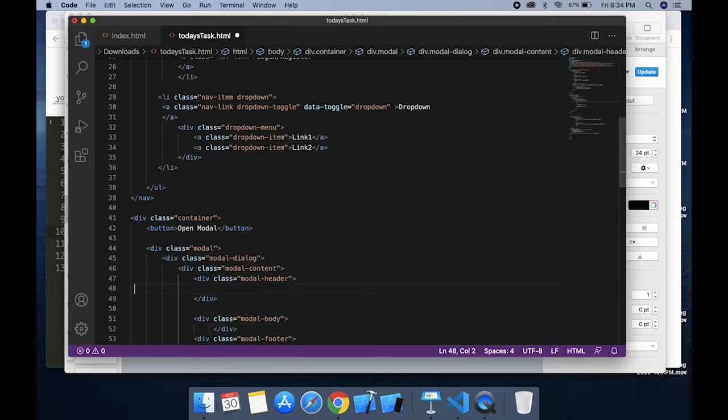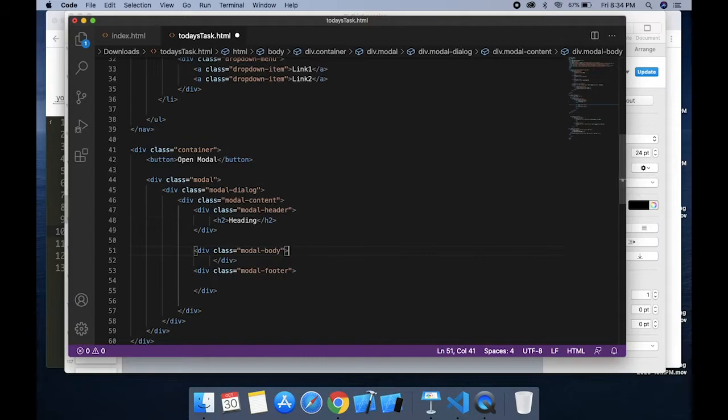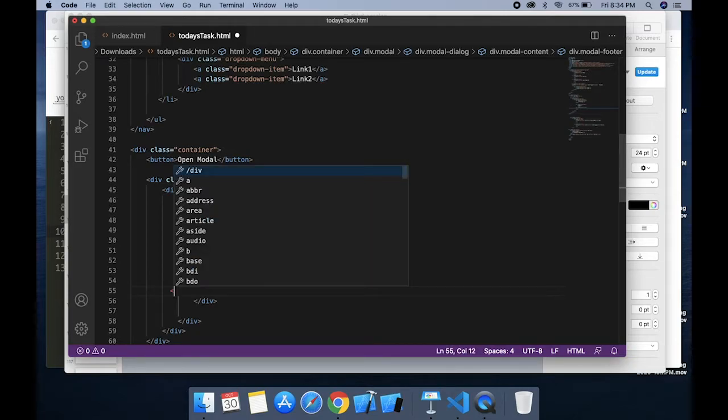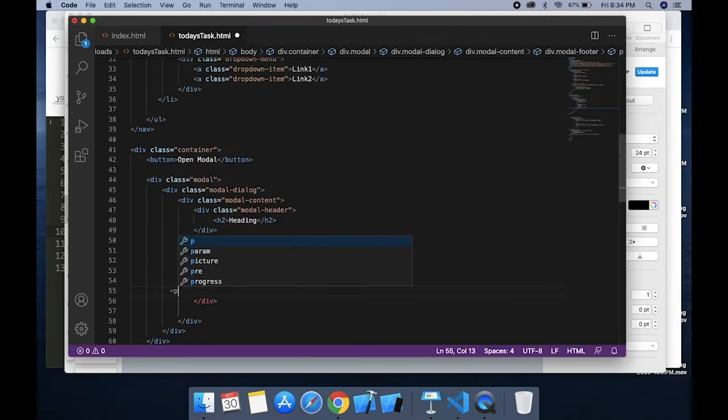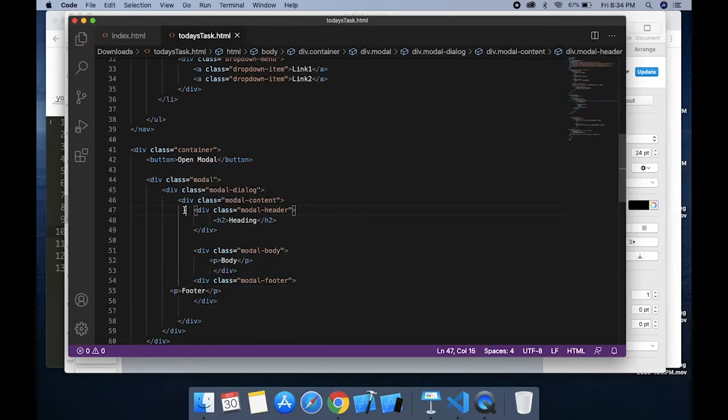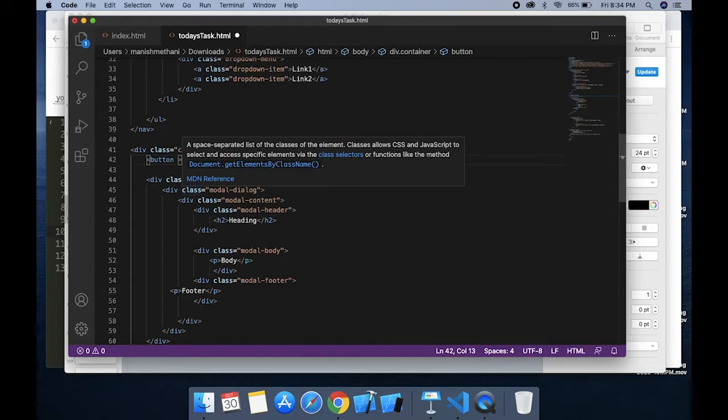Now inside the header we can add the headings, like we want some heading, for the body we can add the body here, and for the footer we can add the footer. Simple. Okay, so these are the three blocks inside the modal content, and modal content has to be inside modal dialog and modal.